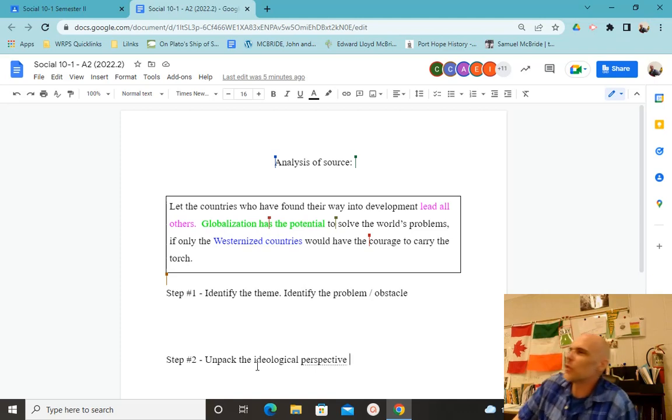Now, you guys highlighted Western countries in blue there, and I appreciate that. Why is it important to unpack the term Western countries? Well, we need to know who the audience is, but they're also presenting the Western countries as a part of what? The solution. So it's going to be important to understand, what does the source mean by Western countries, right? In order to actually respond to this source, we're going to have to figure out what they mean by Western countries.